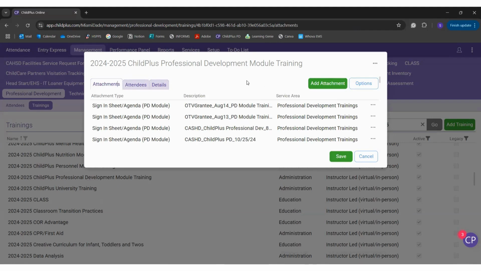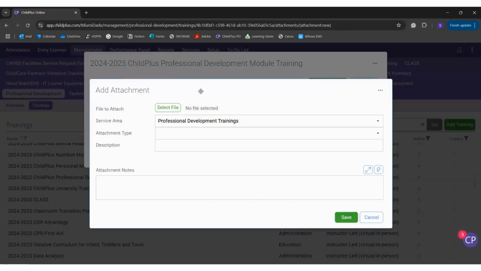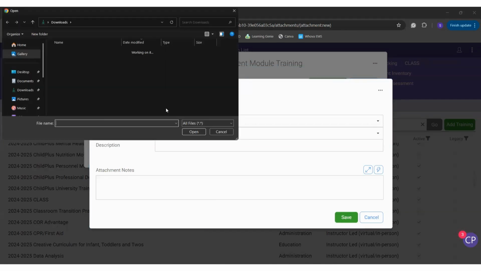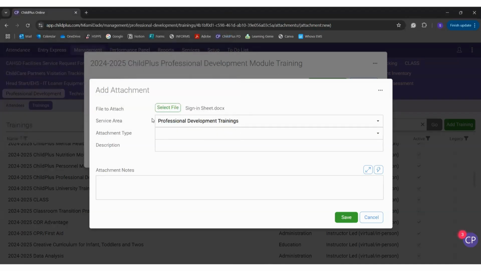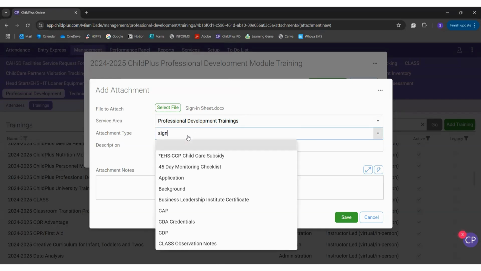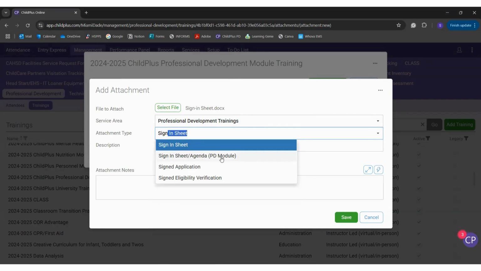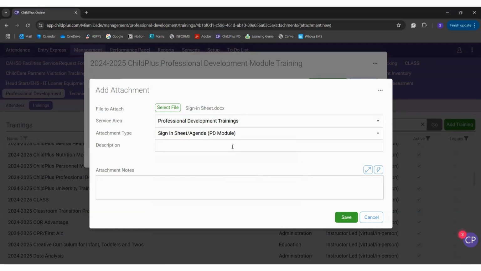Moving on to attachments. To add attachments, we're going to click on that last attachment tab, and we're going to click on the Add Attachment button. We'll select the file, which is our sign-in sheet in this case, and then we're going to select the attachment type here. We're going to type in sign-in sheet. We're going to use this one that is specifically for the PD module. And in this description section, we are going to add the agency name, followed by the training name,